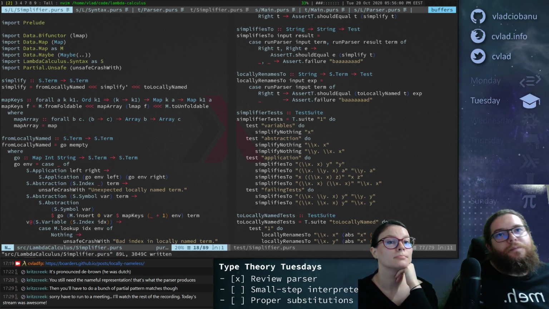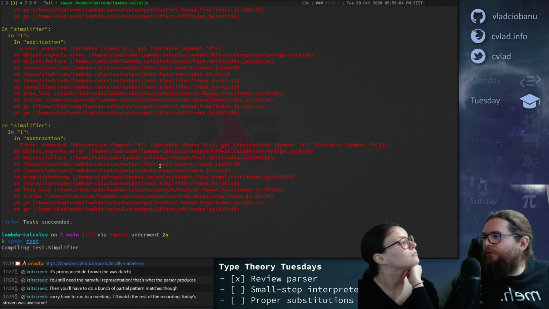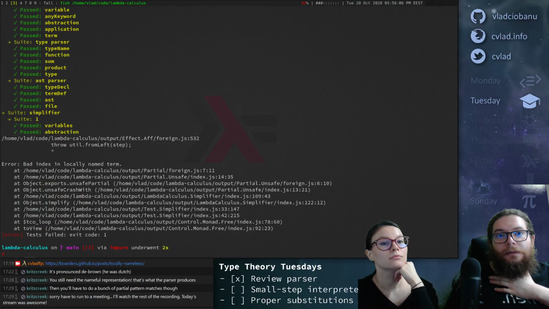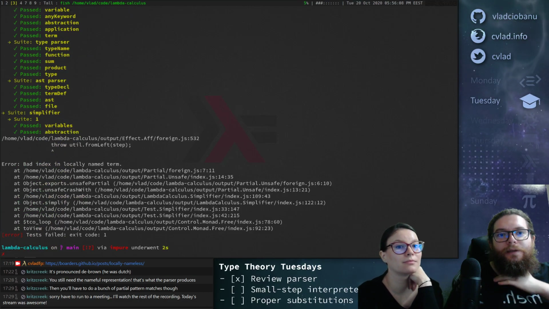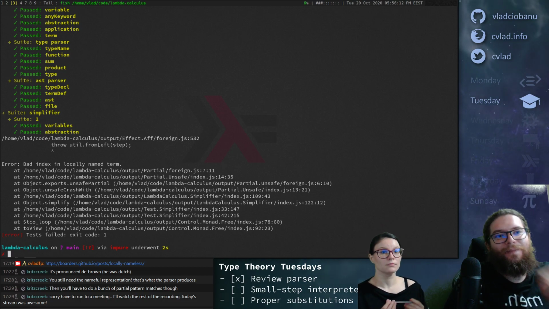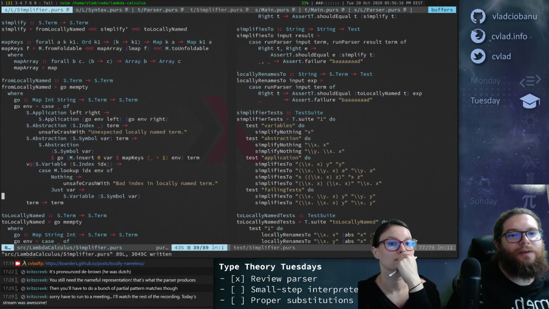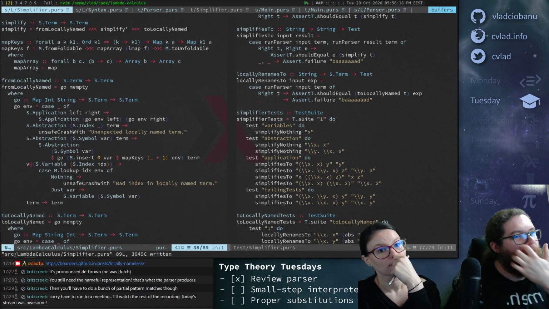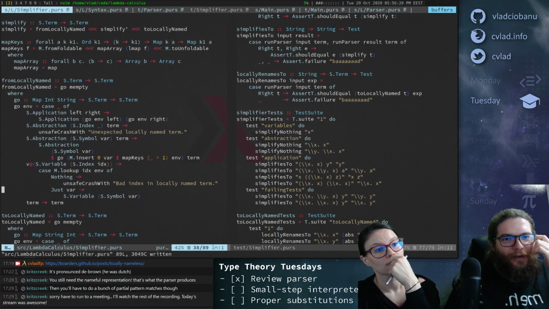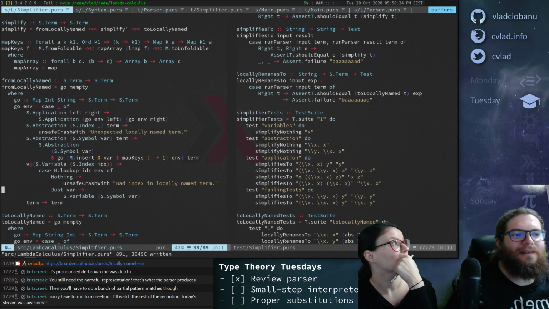Okay. So now all our other examples should work. Bad index in locally named term. Okay, so we have one problem in locally named term. Okay, and this is why it's not cool to have unsafe crashes. Yes.